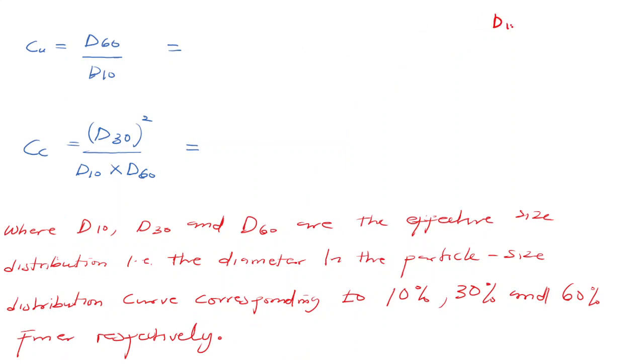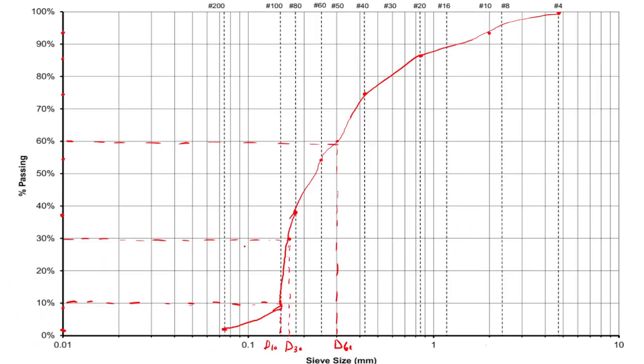Say D10 equals 0.15. D30 is 0.1. Our D30 here is,